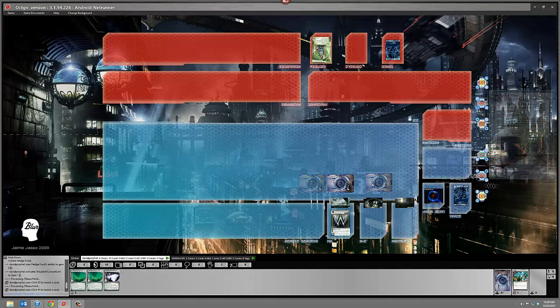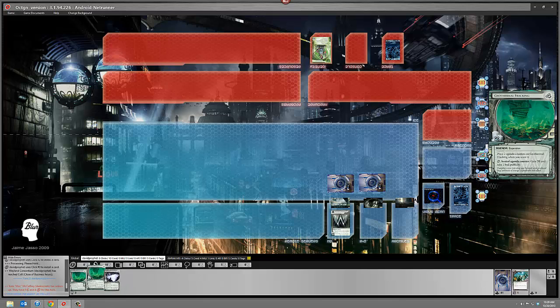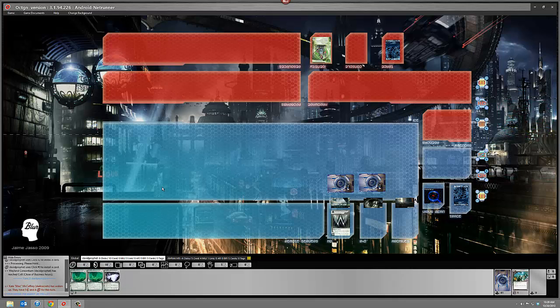At the end of turn one, I've got ice on HQ, a Data Pike, and an Ice Wall, I believe it is, on R&D, but I've got three agendas sitting in my hand. So, playing against Kate,